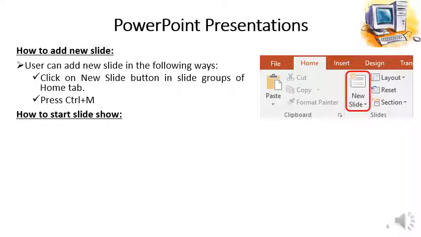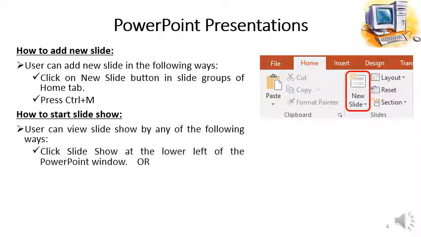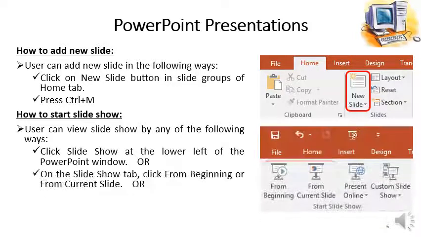Second, how to start the slideshow. Once we have prepared our presentation and we want to start the slideshow, there are several ways of starting it. User can view slideshow by any of the following ways. First, click slideshow at the lower left of the PowerPoint window. This is one way of starting the slideshow. Or on the slideshow tab, click from beginning or from current slide.